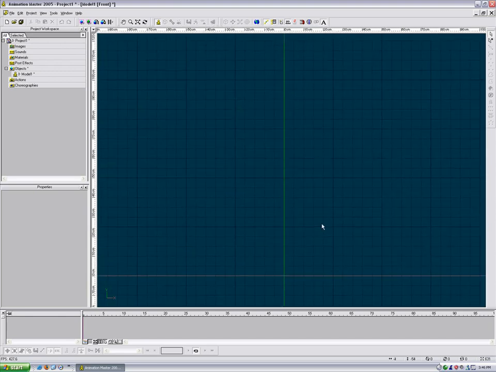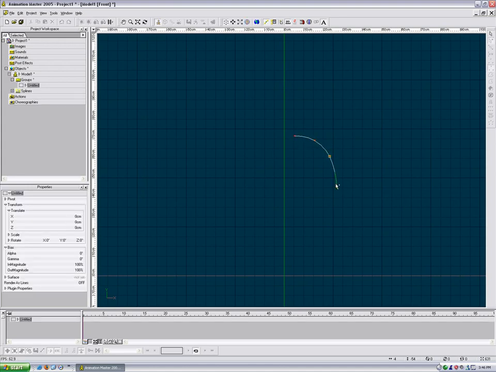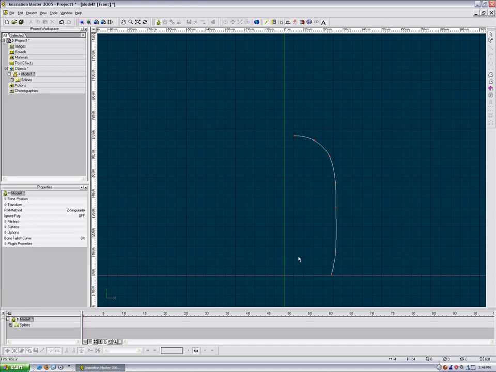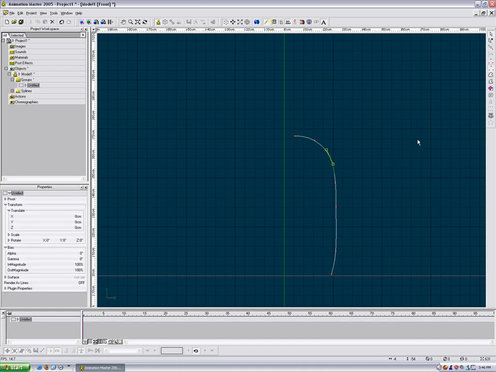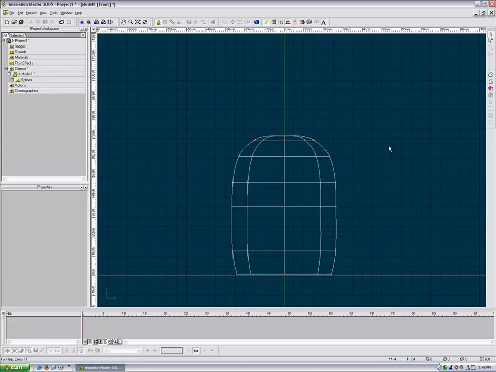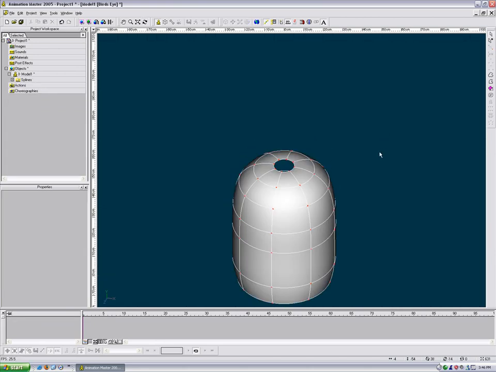So what I'm going to first want to do is create a profile curve that will be my torso. So I hit A, and then I go over here and I click, and then right click to stop. So now I've got this profile curve. Then what I'm going to do is select one of the CPs and go up here to the button that says Lathe, or you can hit L and hit Lathe. So now you can see, I'm going to go in shaded mode, I've got this